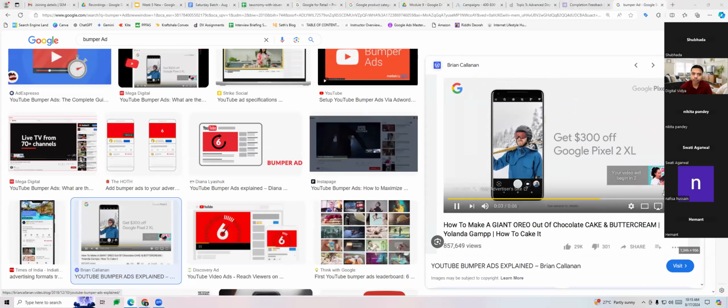There is no skip ad button provided to customers for this. They are also appearing on the watch page of YouTube where people are about to watch a video content. This ad comes before the video content. It can come between the video content. It can come at the end of the video content as well.